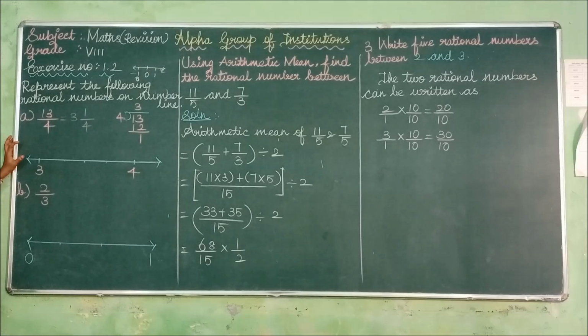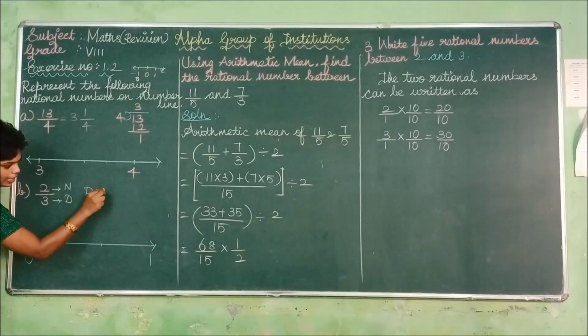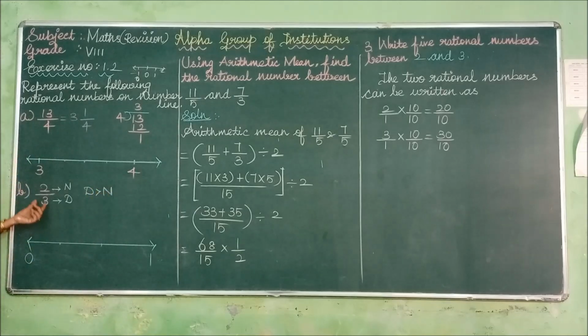Here we are going to draw a number line for which one? Rational numbers. A rational number is of the form p by q. So listen here. First you have to check whether it is a proper fraction or an improper fraction. What do you mean by proper fraction first? Proper fraction means the denominator value will be greater than the numerator value. Here check 2 by 3. This is the numerator and this is the denominator. The denominator is greater than the numerator, 3 is greater than 2.